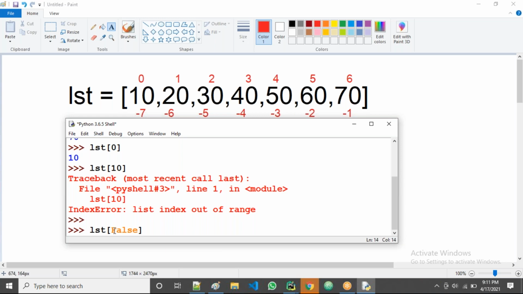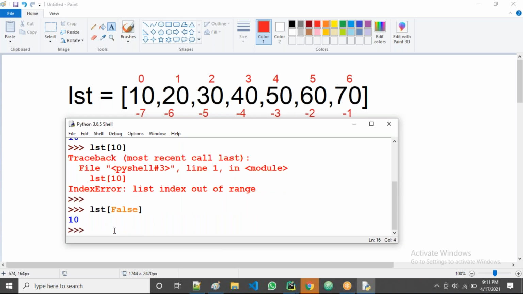Some people are giving the answer 20. What is the meaning of False? In Python, False is equal to 0. Means lst of 0. What is 0? 10, right? 10, guys.